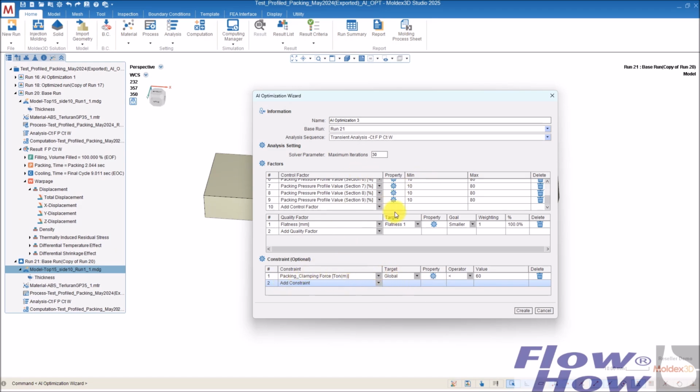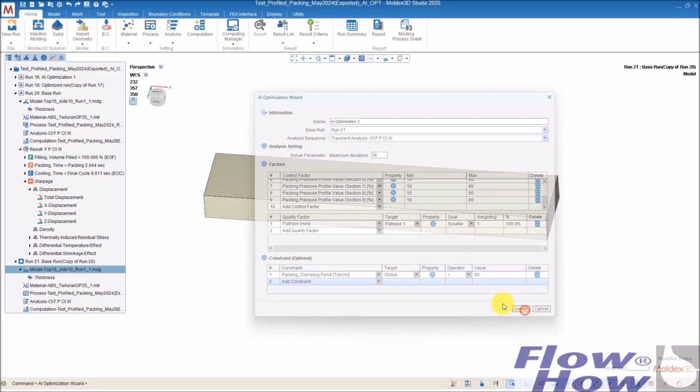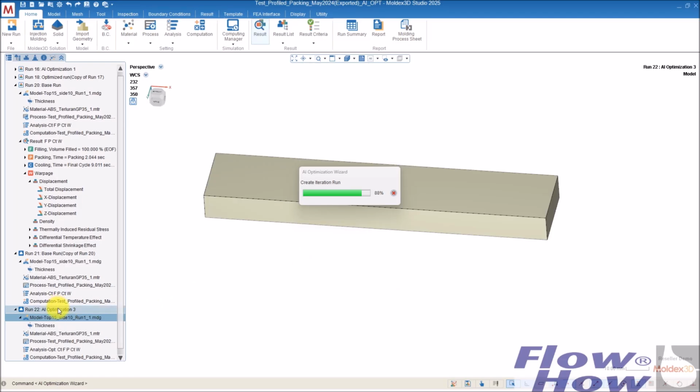So now it tries to find a solution within the 30 iterations by changing the packing pressure 9 steps to optimize for a flatter part, and with the restriction that it may not exceed the clamping force of 60 ton. I just say create, and it creates a run.